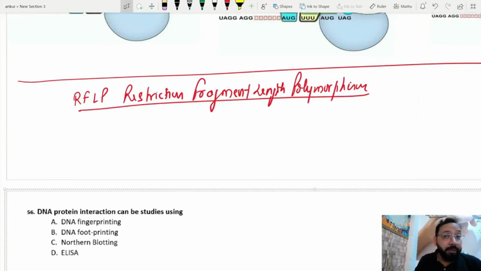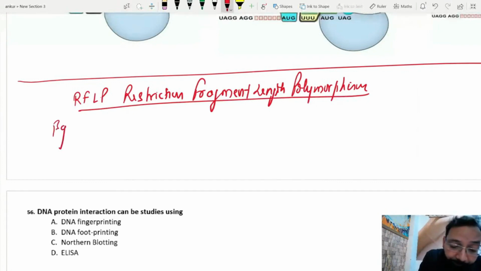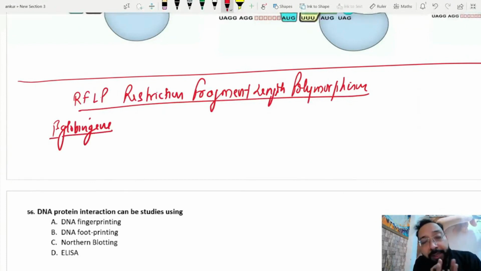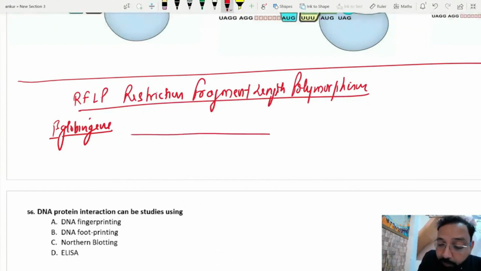I take a simple example of the beta globin gene. Suppose we found, I am not telling you the exact nucleotide sequence of the beta globin gene, I am giving you the concept. No need to remember, just remember the concept. Suppose this is the normal beta globin gene. In the normal beta globin gene I found two palindromes,